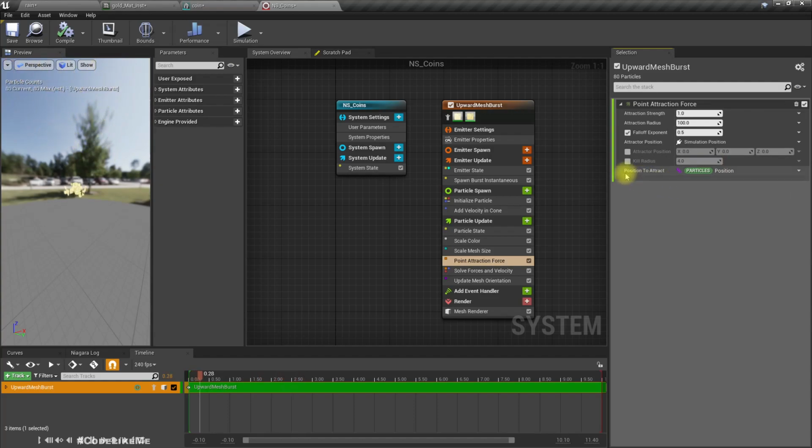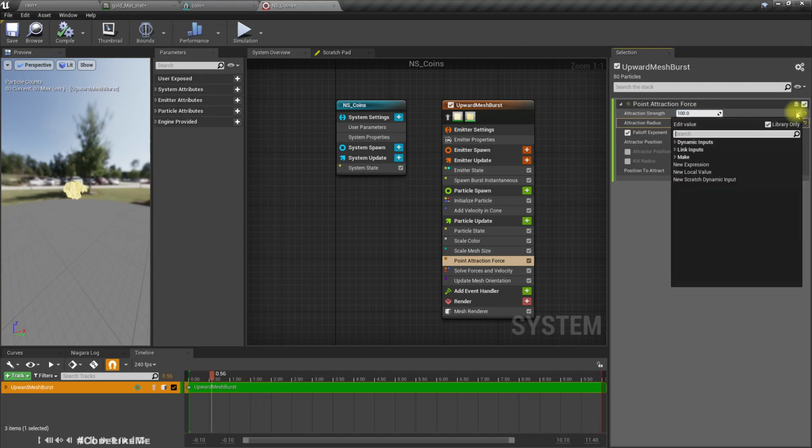It's already set to particles position, so this should work. Attract strength about 400, too much, 100, and attraction radius, let's try a larger value, 2000. 100 is still too much, but we can,